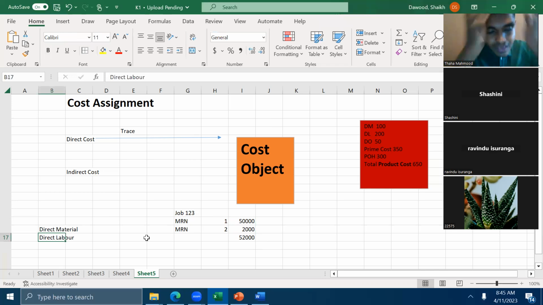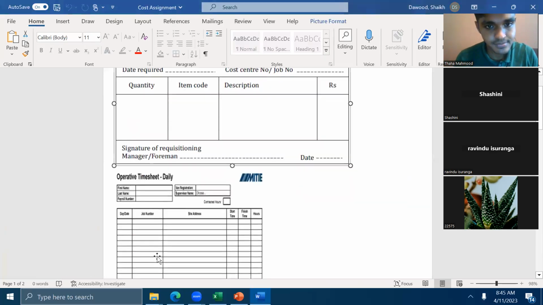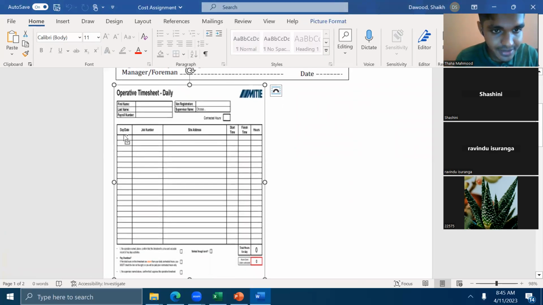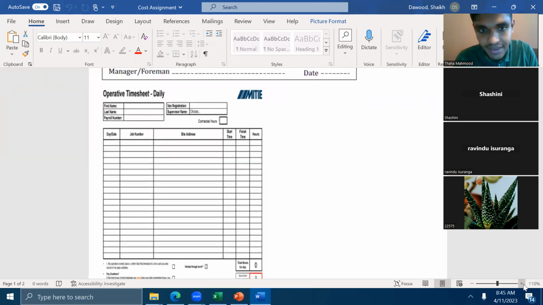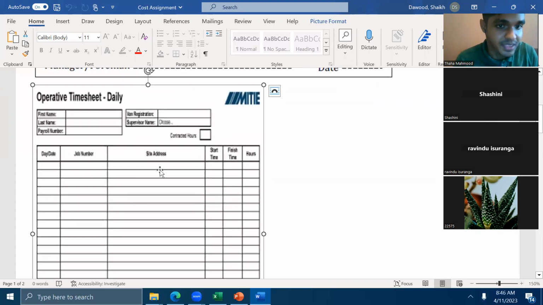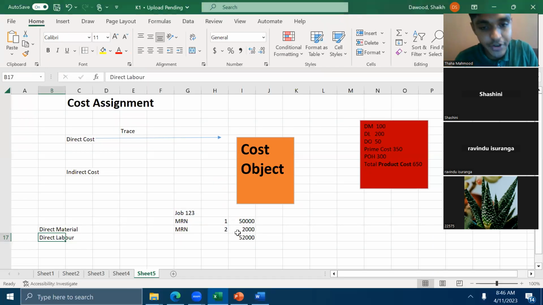How do we trace labor? All organizations have something called a time sheet. They have to say, either daily or weekly, what they allocated their time working for. It looks something like this. We have the date and then the job number. This is a daily time sheet. We have the job number, what a person worked for, start time, finish time, number of hours. So after producing the product, we know based on the timesheet information that direct labor